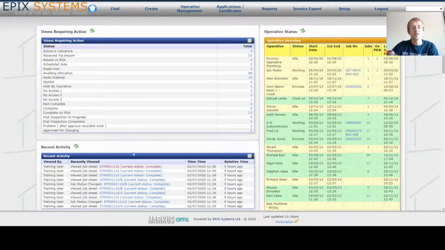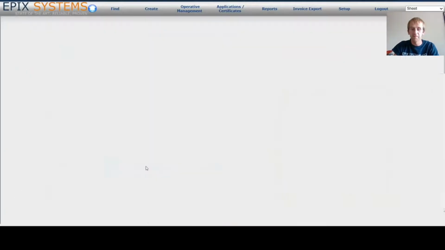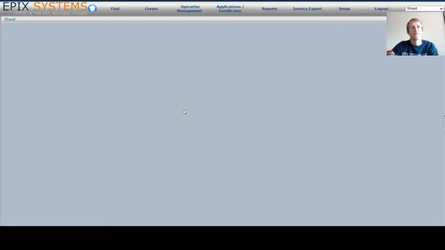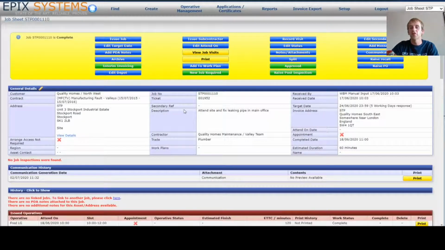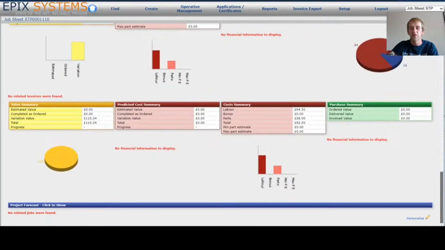So to begin, let's get ourselves into a job sheet. Now, as we know, at the top of a job sheet we get the job reference, the status, and then a variety of buttons which carry out a whole host of tasks. But the button that we're interested in to personalise this layout is hiding down at the bottom. So if we scroll right down to the bottom of our job sheet, in the bottom right hand corner is